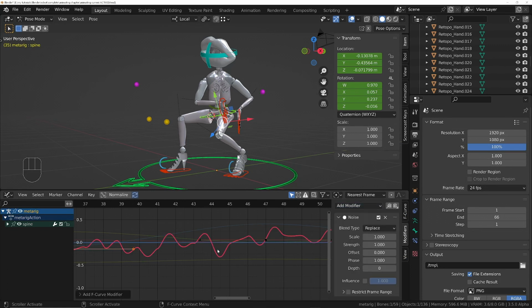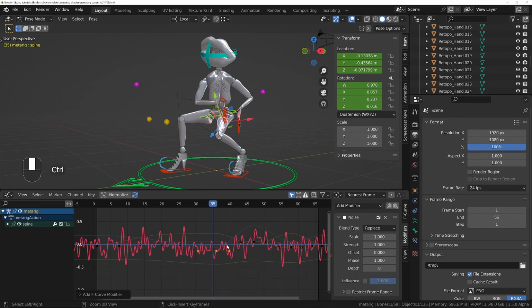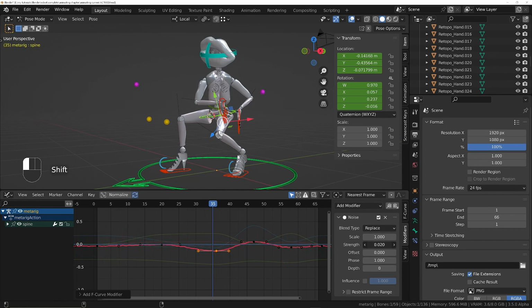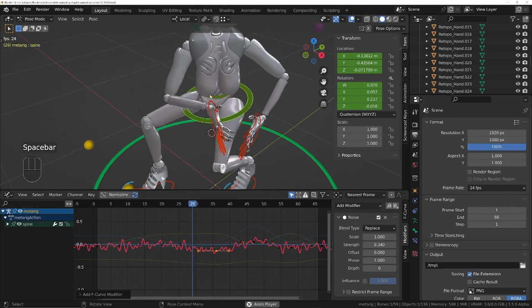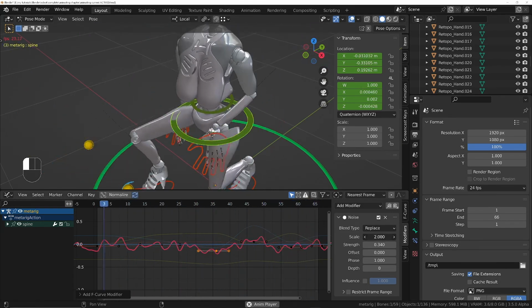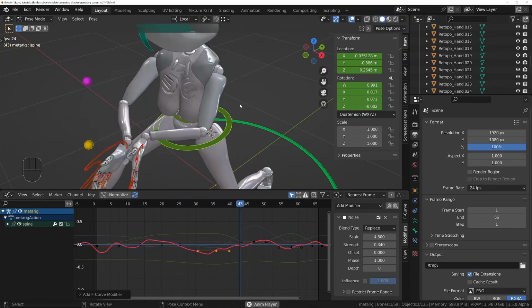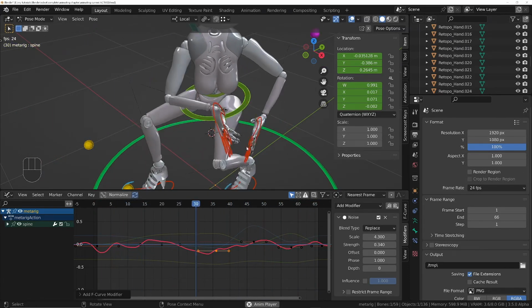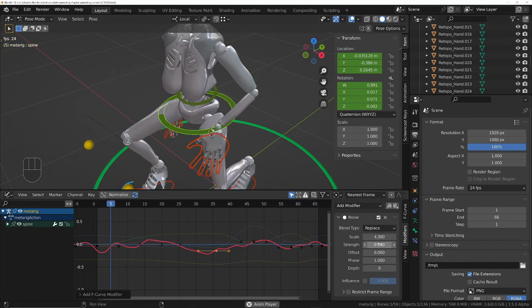So the noise will modify the existing shape of the keyframed F curve that we've got. If I just turn that down, you'll see it's still following along, but it's just adding a little bit of noise to it. So let's play this back. And obviously that is way too jittery. So at this point, we probably want to change the scale. So let's turn that scale up so that it's much slower now, but it's way too much still. It's moving too far away from its intended location that we keyframed. So we'll turn the strength down even more